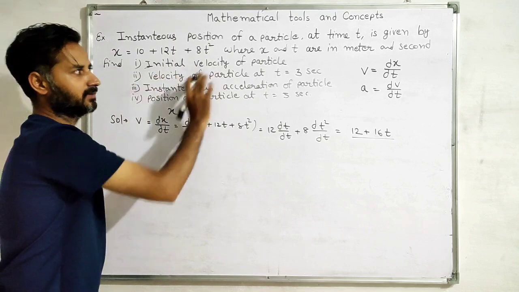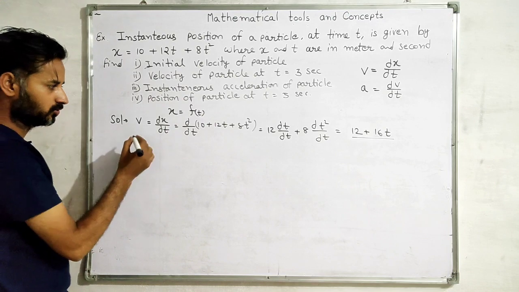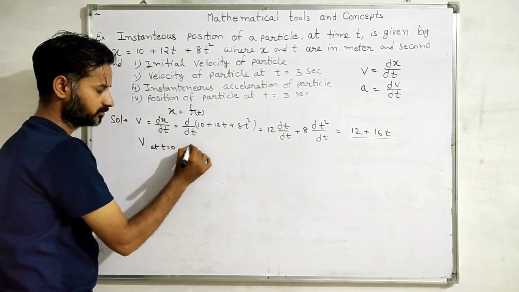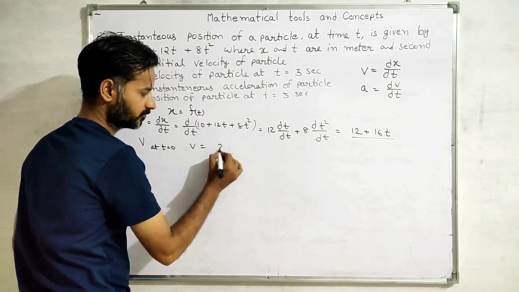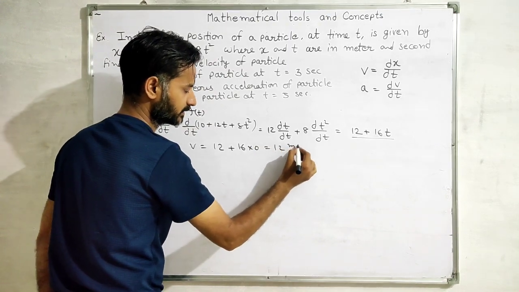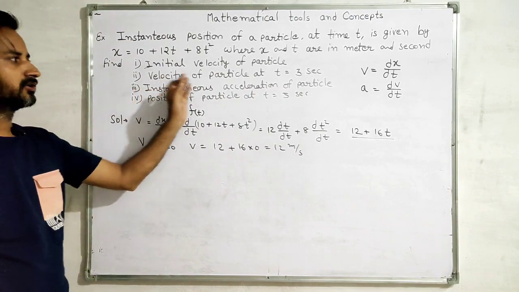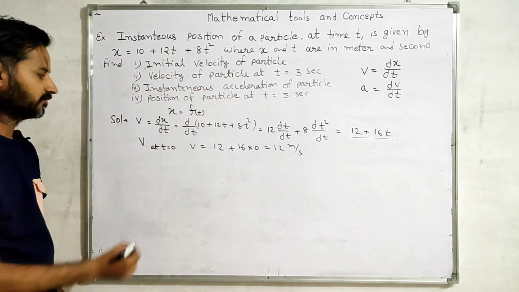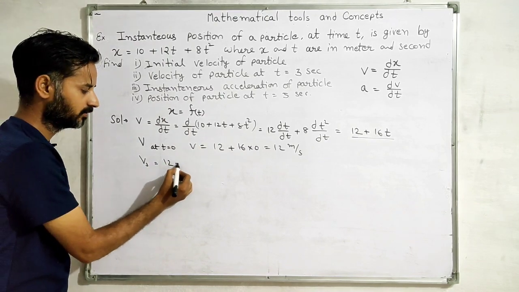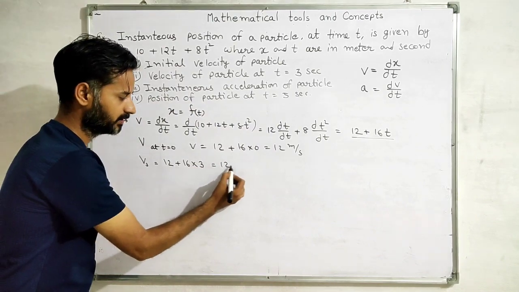Now, for the initial velocity of the particle, the time will be 0. So the velocity at t = 0 is 12 + 16 × 0, which is 12 meters per second. Velocity of the particle at t = 3 seconds: for 3 seconds, velocity will be 12 + 16 × 3, which is 12 + 48,